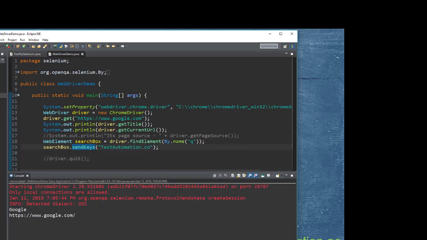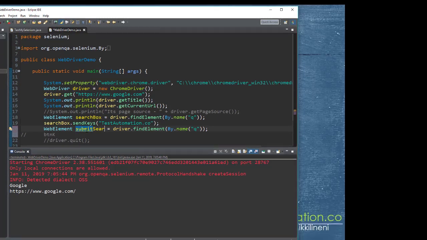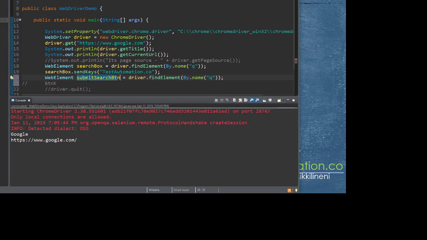And here we want to find the element, right? So temporarily I will paste there, and it is basically finding that element. This element I will call submit search button, btn. Okay, and driver.findElement by name is still good, so this time the name is btnK. Enter, submit search button